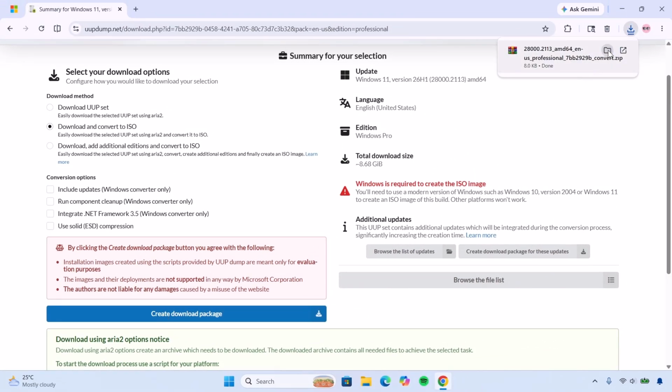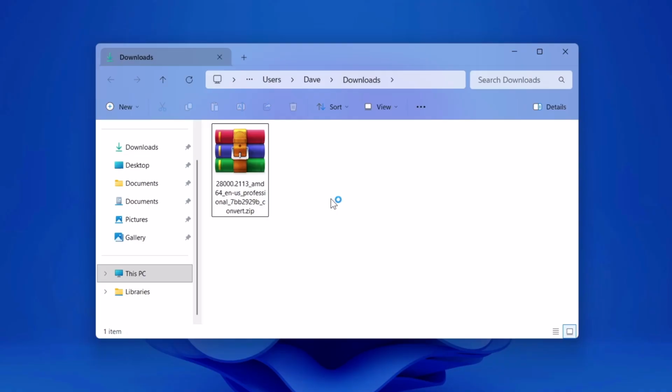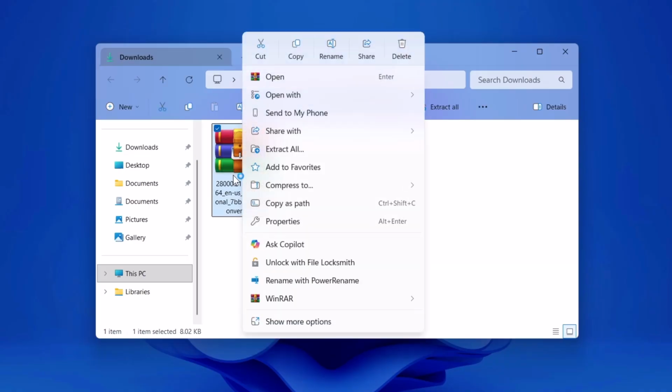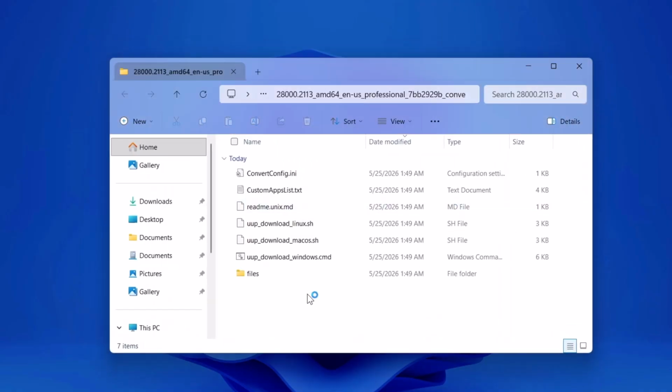Now navigate to the file location. Now extract the zip file we just downloaded. Right click on it and choose extract all. Click on extract. So these are the files we just extracted, and of all the options we have here, run